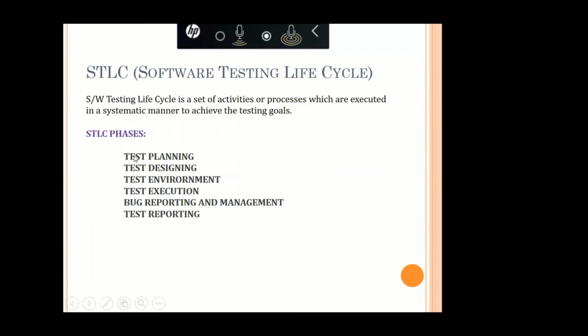Planning is nothing but the entry and exit criteria, how many resources they need, and what tools we require, like that. They will plan according to the manager. Once they plan, test design comes.